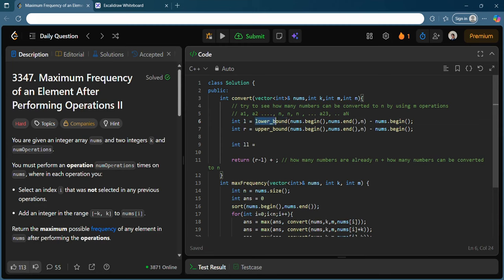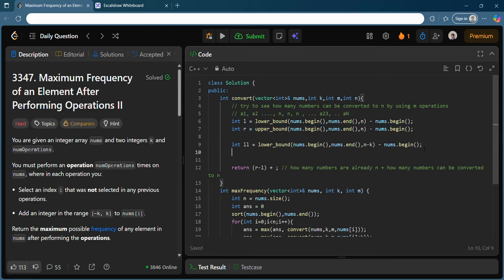I will use the lower bound again, but instead of n, I will use n minus k, and I will use an upper bound with n plus k instead. How will this affect? I hope you understand. If I try to write this on the number line of L and R exactly, you will get something, right? What will you get?